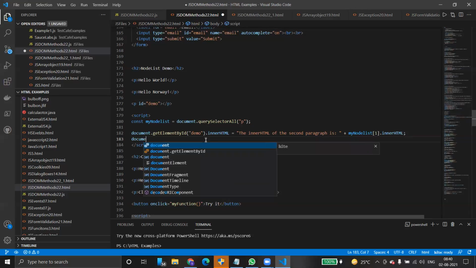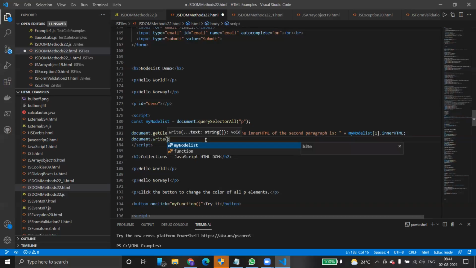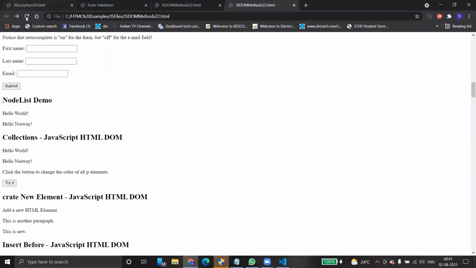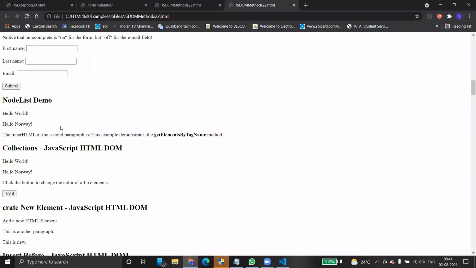Document dot write. Okay, HTML, Control C, Control S. Just right click, HTML normal. Just go to F12.